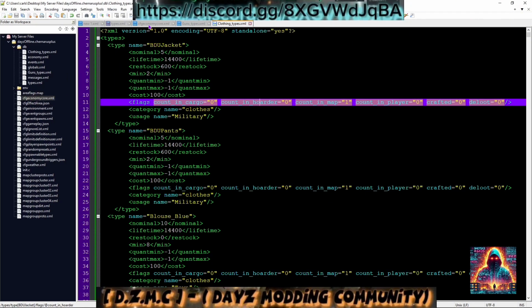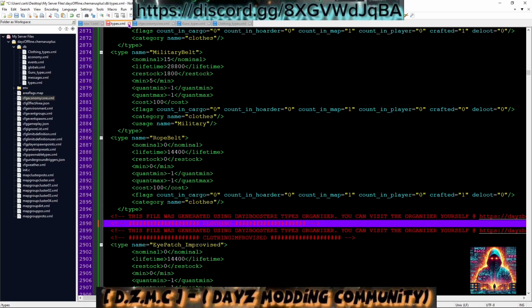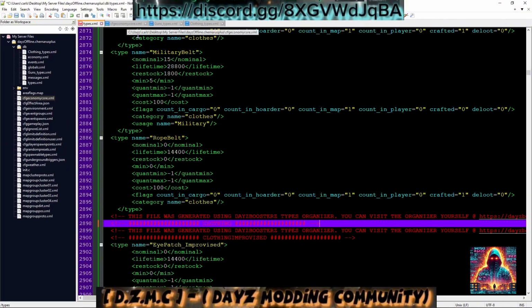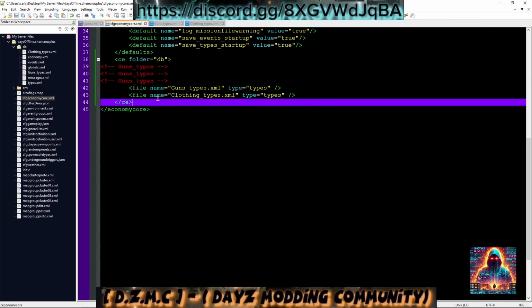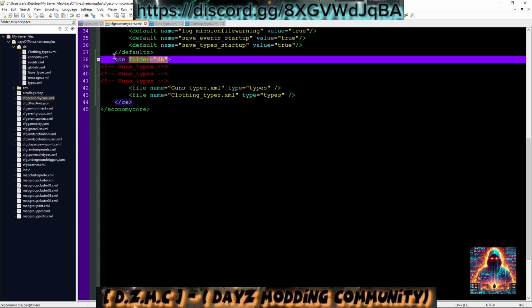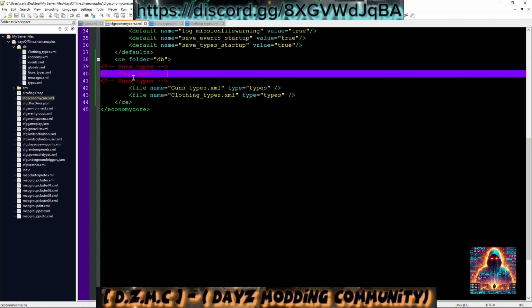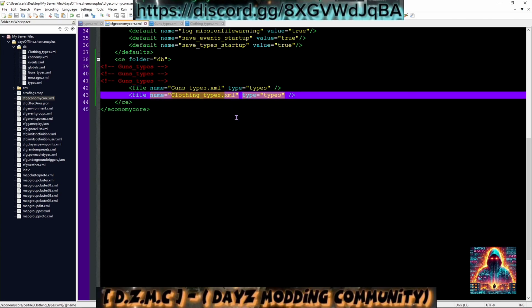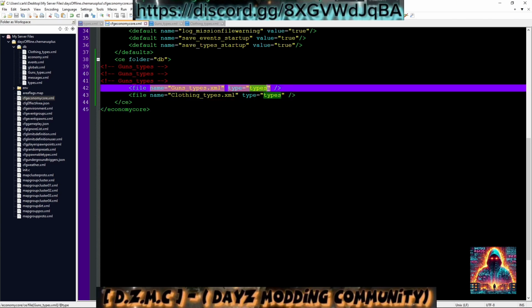We're going to give you a little recap now of what we've actually done. So we've organized our types file using the Dayz Boosters website. Then after we've organized it, we've assigned 2 new files inside the economy core folder. So what we're saying is, in the server, in the host, look for the folder DB. In the DB folder, look for the files guns types and clothing types, and read them as if they are